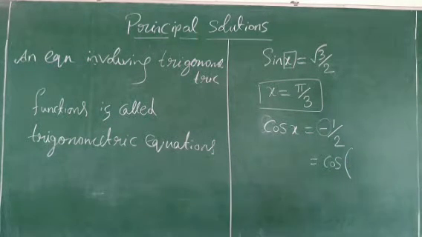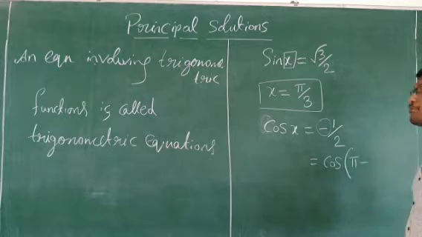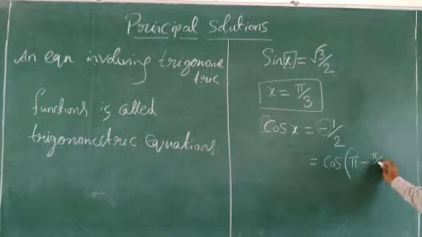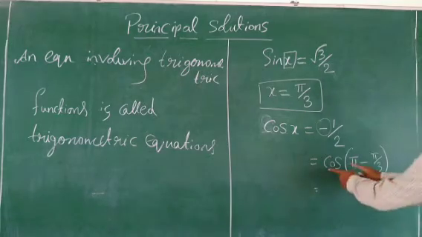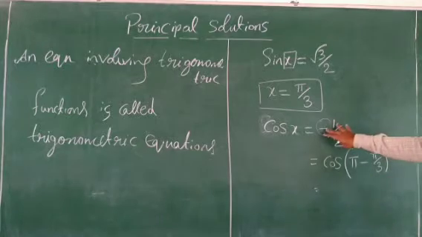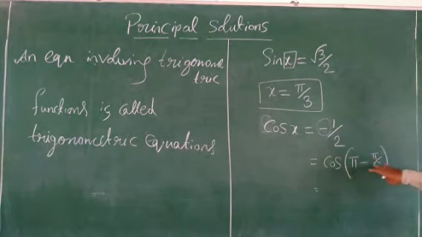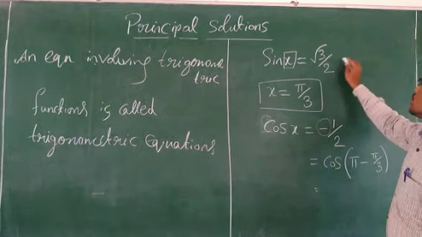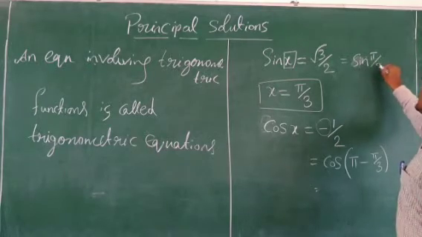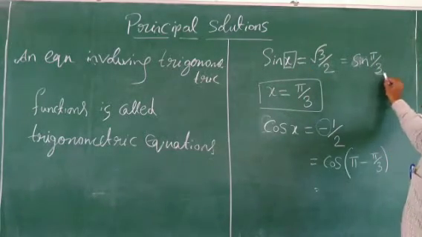How do we get an angle in the second quadrant? In the second quadrant we should have pi minus. If you take pi minus, then we get the angle in the second quadrant. So pi minus, and for cos, where do we get 1 by 2? For pi by 3. That means cos of pi minus pi by 3 is equal to minus 1 by 2. In the same way, root 3 by 2 we can write as sin of pi by 3, so x will be equal to pi by 3.